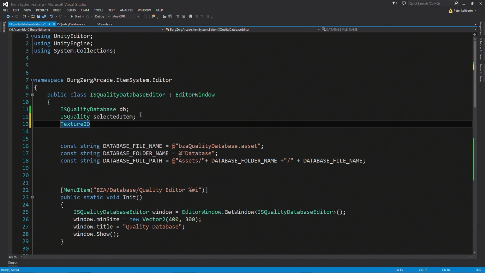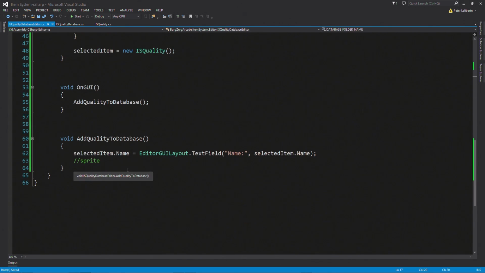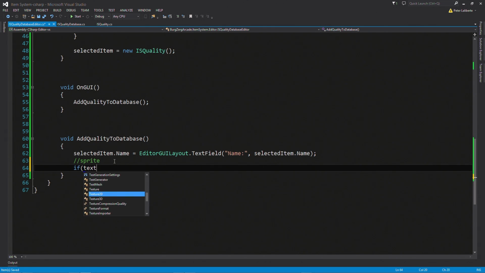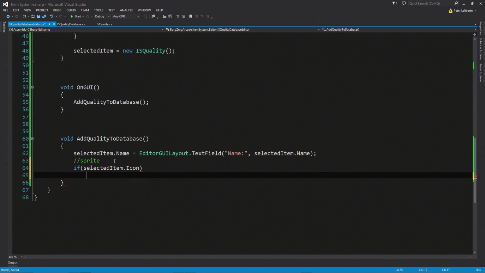23D, yeah. And I'm just going to call it texture. Maybe we should call it selected texture. And we'll come back down here and take a look. We need to get the selected item dot icon. We want to check to see if there's something there or if it's null. And if there is something there, we're going to take the selected texture and set that equal to the selected